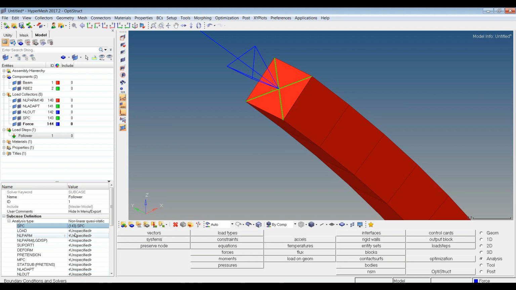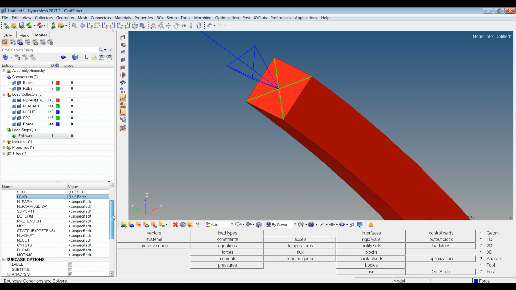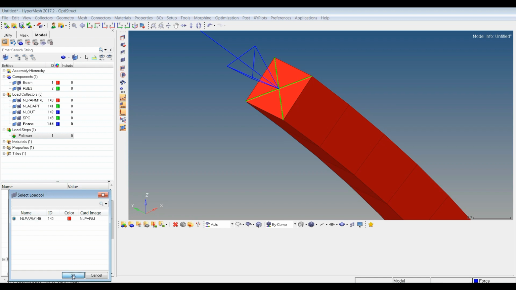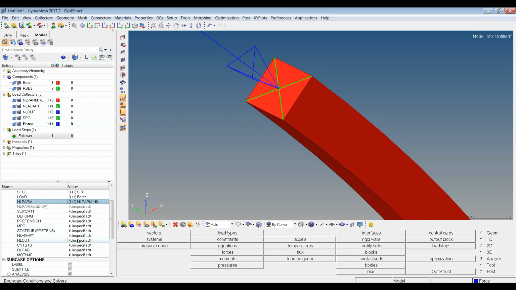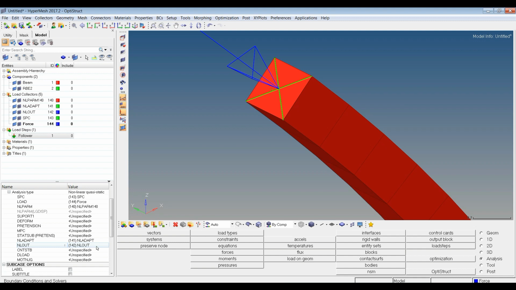Click on OK. For load, specify the force and also refer the nonlinear parameters. This defines the load step.